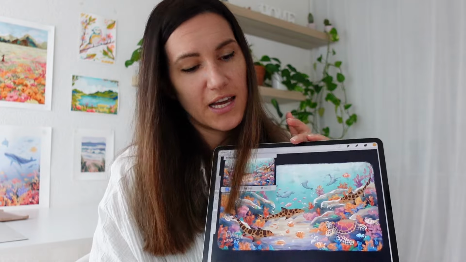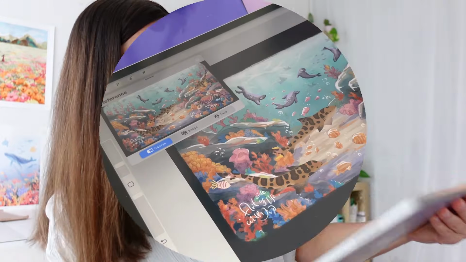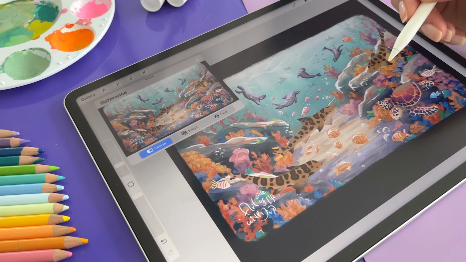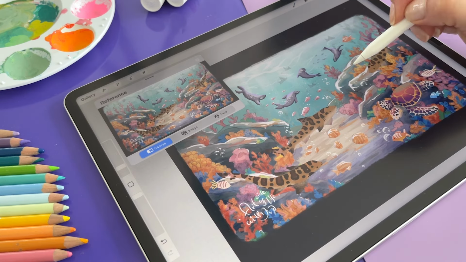All right, so now I have all the animals that I selected first in this scene. So we have the leopard sharks, the turtle, and the seals. And now let's just add some details so they look less copy-pasted in this scene. So one of the things you can notice here is that the seals in the background look quite like they